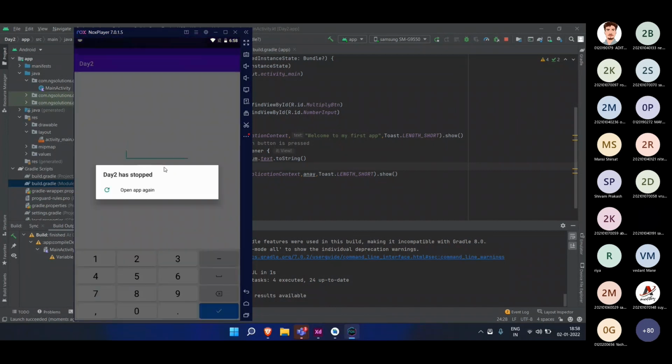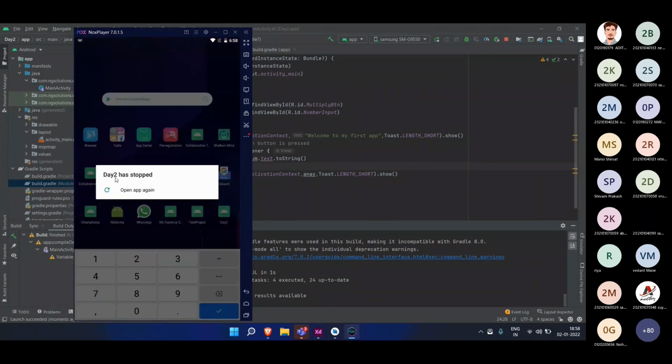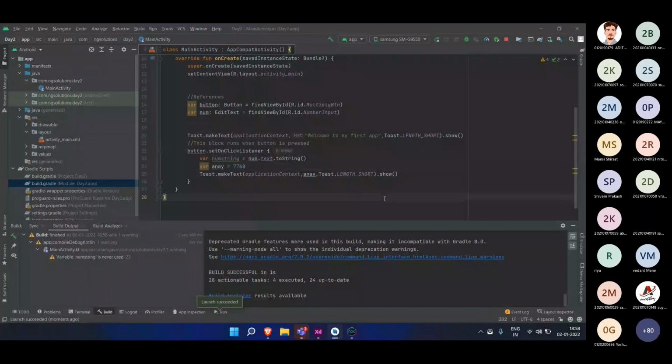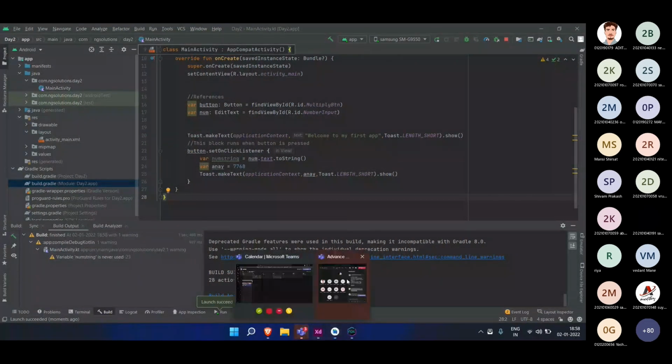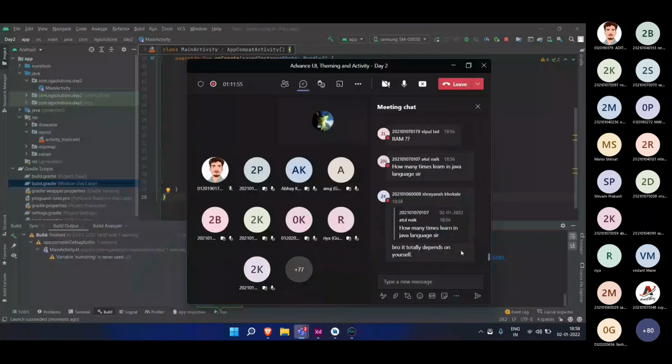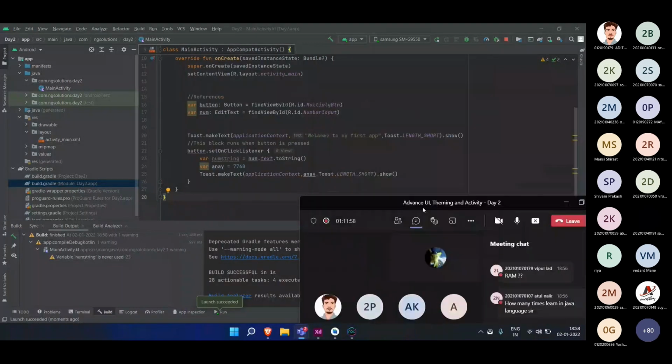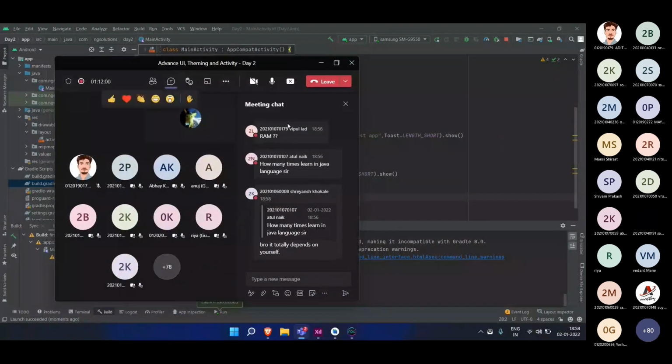Let me try. Okay, so here you can see Day 2 has stopped. Can anyone try to guess what the error should be over here? Why is it closing my app?